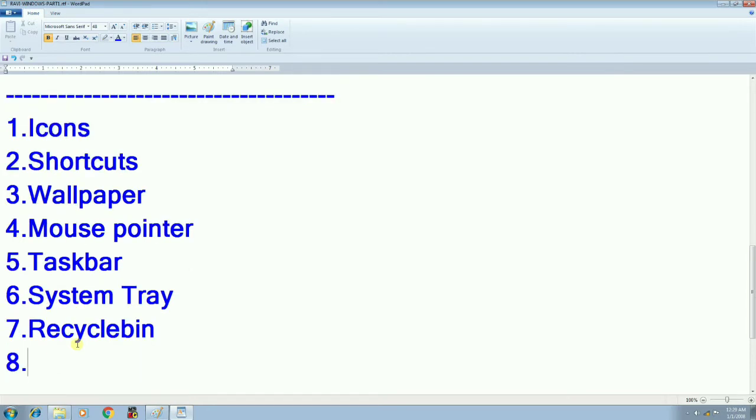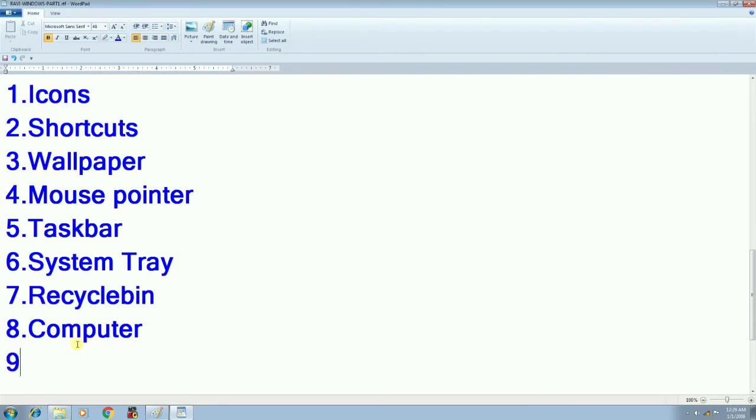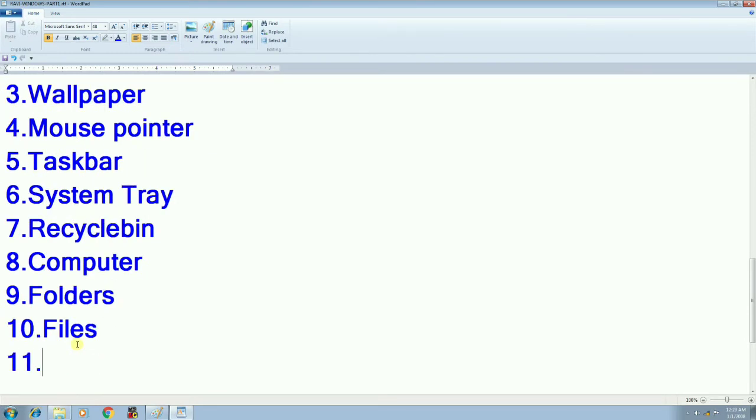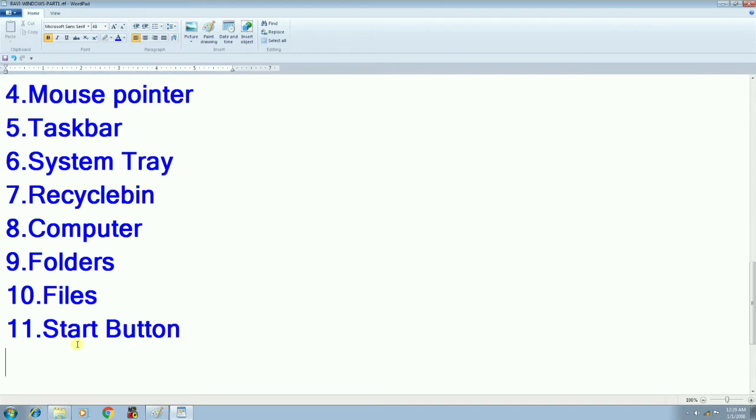Number 8, computer. Number 9, folders. Number 10, files. Number 11, start button, and many more.